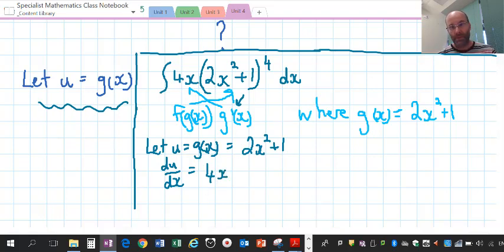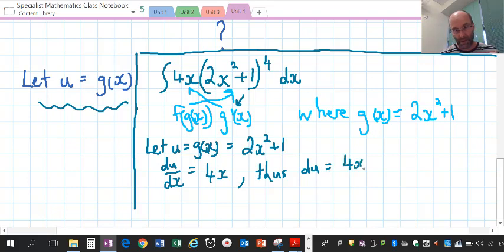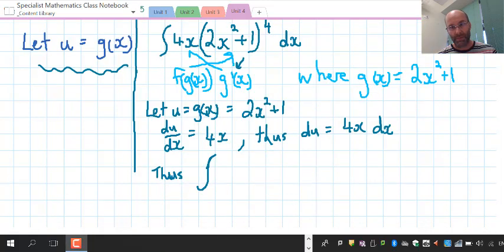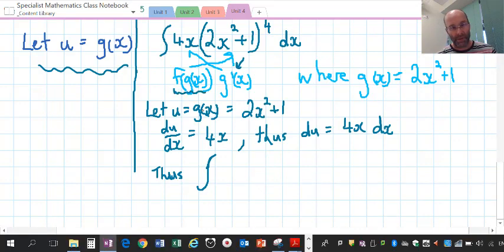Now at this point, this is what I'd like you to do. For reasons you shall see, thus, separating the differentials, du equals 4x times dx, or 4x dx we say. Now we make the substitution. We have, instead of saying f of g of x, we are saying we have f of u. Now we have the integral of f of u,